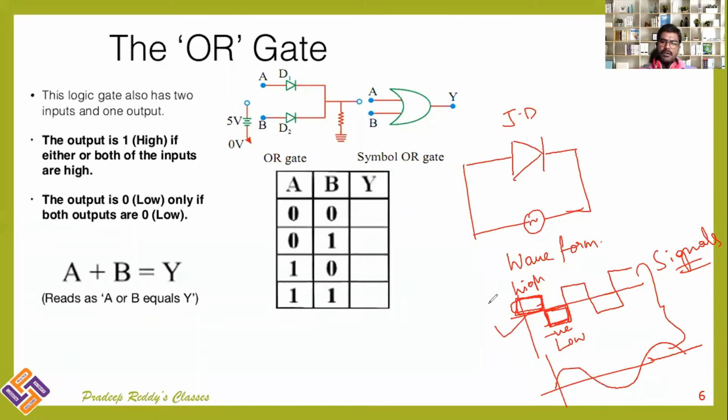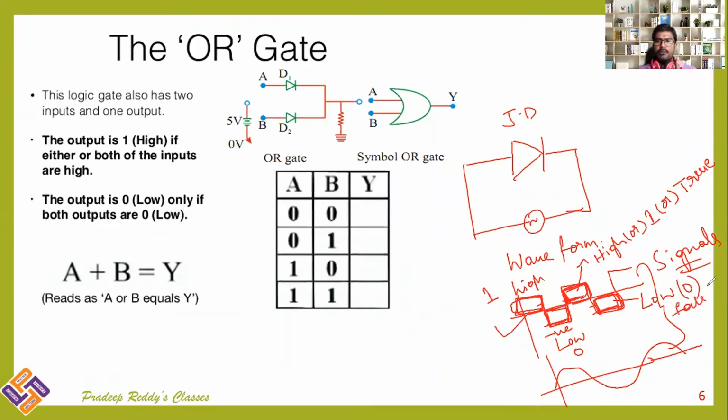High represents 1, low represents 0. Similarly, this is positive voltage. The positive voltage which you are providing to a junction diode is represented as high or signal 1. And the negative voltage which you are providing to a logic gate is called low, or you can call it 0. Or sometimes in some digital circuits you will be considering it as true, and this as false, vice versa.